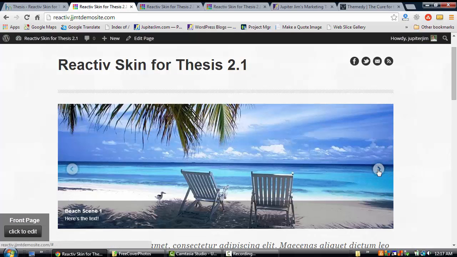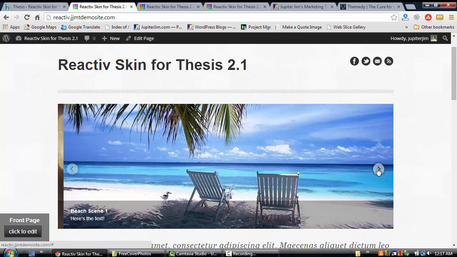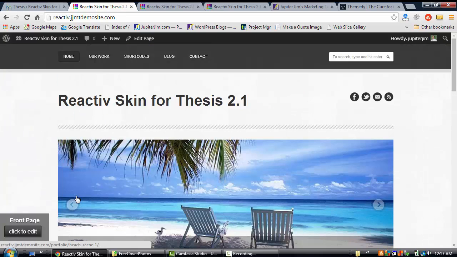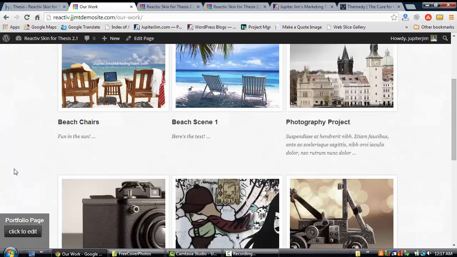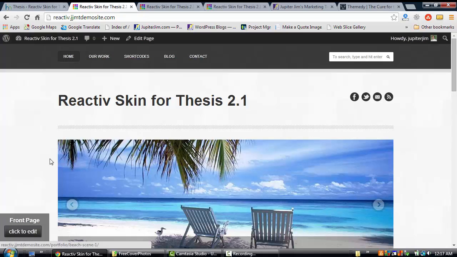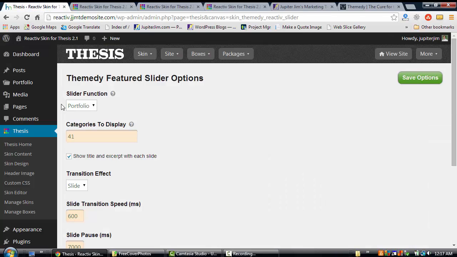Okay, so I'm going to click through real quickly. And the beach chairs are not there anymore, but they're still here. Let's just go double check here. It's in our work here. It's there, but it's not on the front page slider, which is what we want. But let's say that we do want it on the front page slider, but we don't want it to show up here. So what I'm going to do is go back to Skin Content,